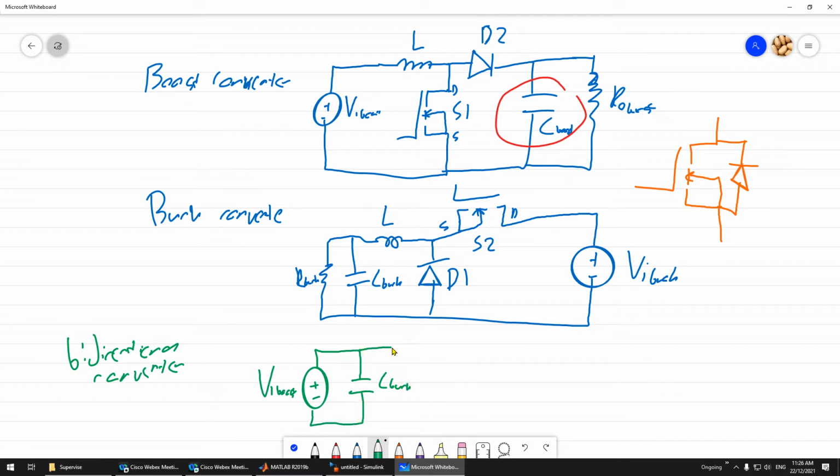Okay, and then you have to put the inductor L, and then at this side you have to put the switch and the diode. So for this one, make sure the direction is correct. Okay, and it goes into here. Okay, so we call it S1, and then at this location